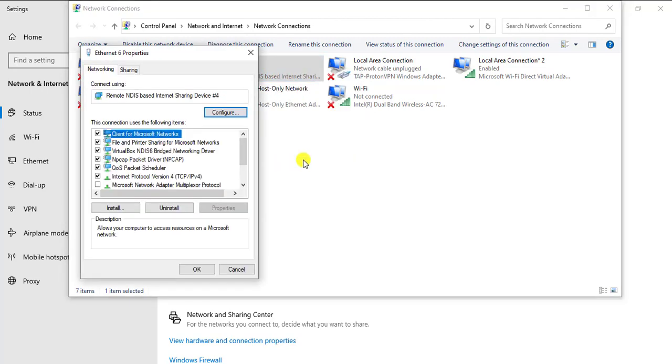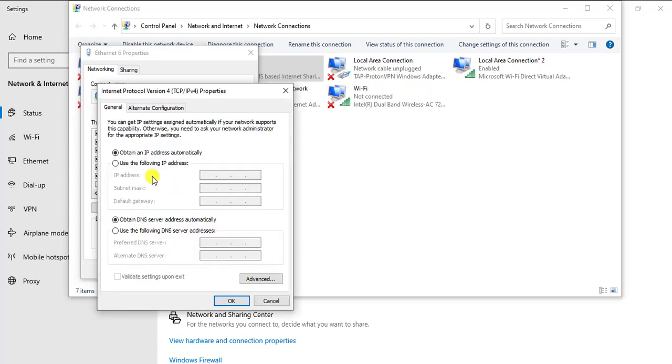When the new window pops up, just scroll down and look for Internet Protocol version 4. So just double click on this. You can double click on this or you can equally click on this and take properties, but I'm just going to double click. Now when you double click on that,